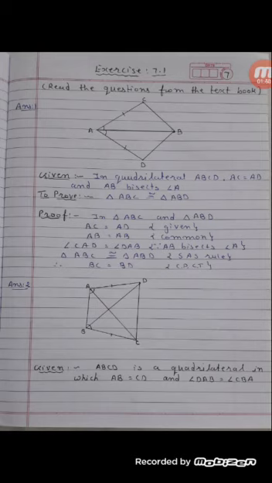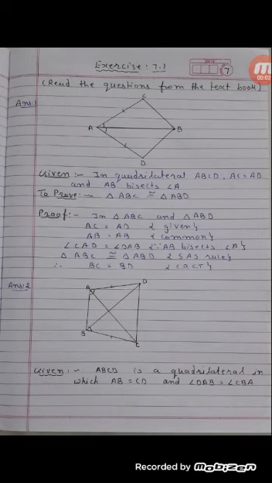Now question number 2. Take out page number 119. ABCD is a quadrilateral in which AD is equal to BC and angle BAD is equal to angle CBA in figure 7.17. This is the given, and this is what we have to prove. First, triangle ABD is congruent to triangle BAC. Second, BD is equal to AC. And third, angle ABD is equal to angle BAC.